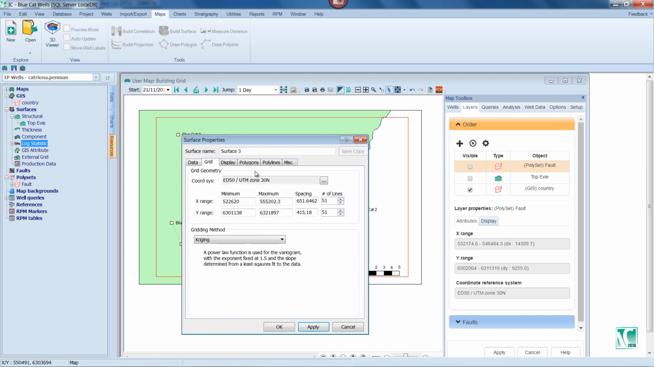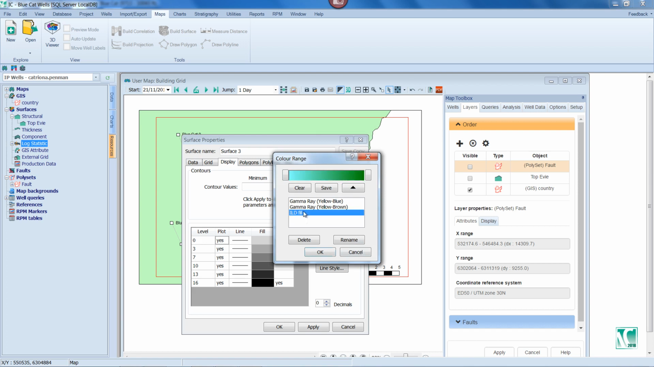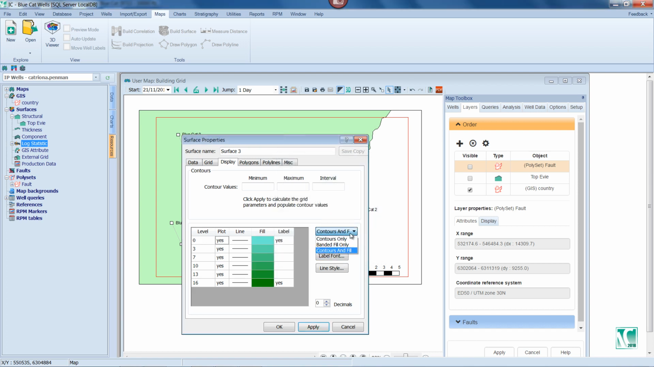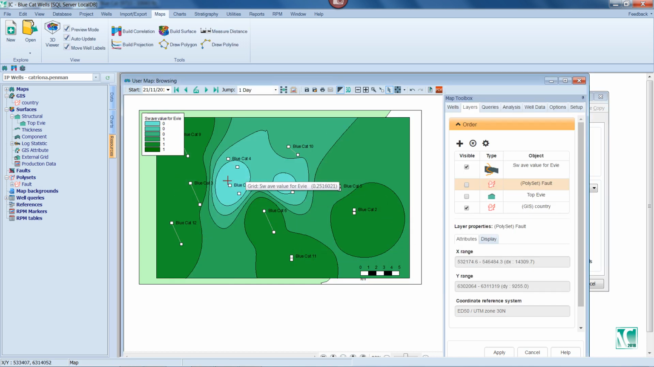The grid itself, there's different methods as mentioned earlier. Anything that can be manually controlled, you can control. The display itself, choose your gradient colours if that's what you're interested in, or set the contour levels. Give it a name, and if we hit apply, we'll see that grid populated with the values based on our